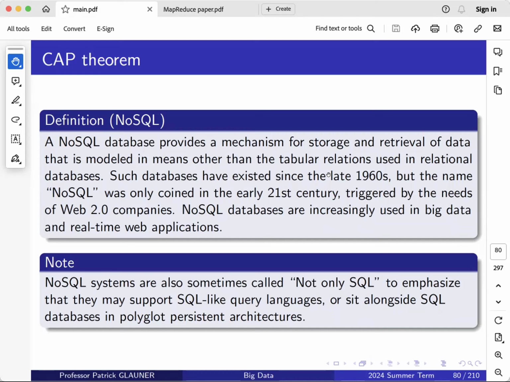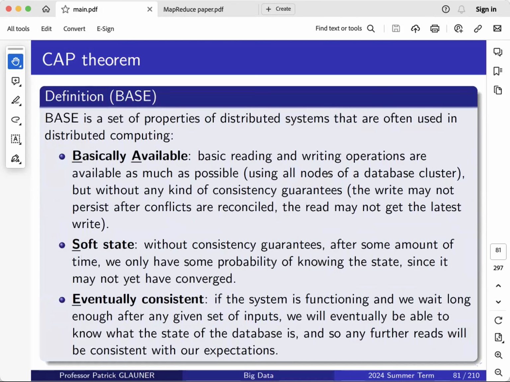But what you often see around them is that they don't use ACID as a set of guarantees, but a different set of guarantees that is called BASE. And BASE stands for basically available, soft state, and eventually consistent. They use the CAP theorem in a different way. So a soft state means you have a state, but it's maybe not fully consistent among the nodes. Rather, it's soft,